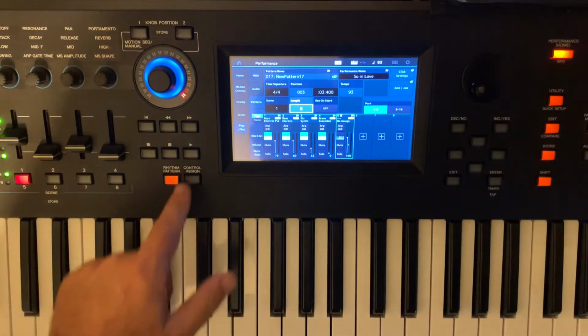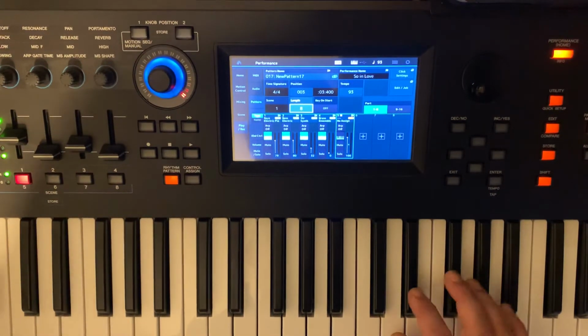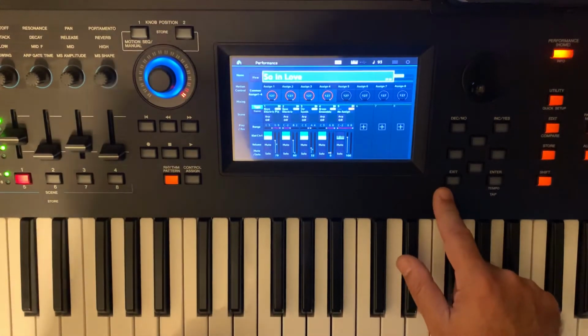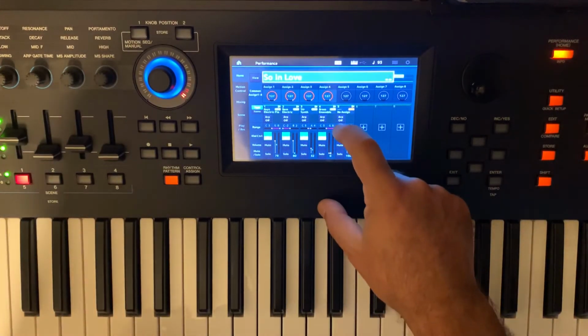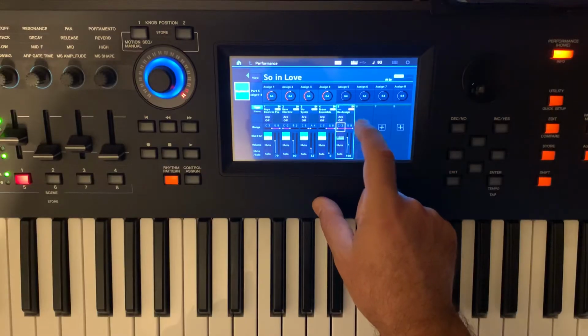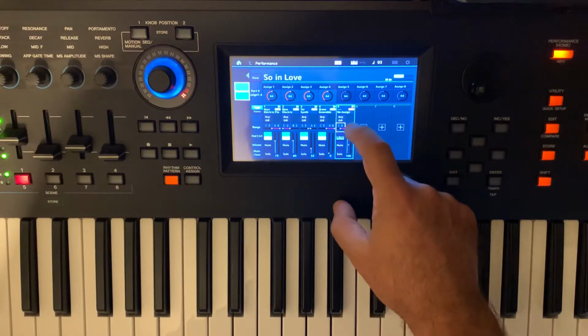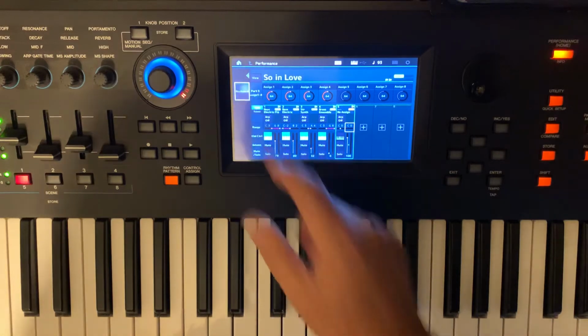All right. So now I have that note triggering the loop, but I still have all these snares here. And this is why I need to change the keyboard assignment here. So for this, I'm gonna press keyboard, and my lowest key is gonna be the C there. And then my highest key is gonna be the C. So now I won't have